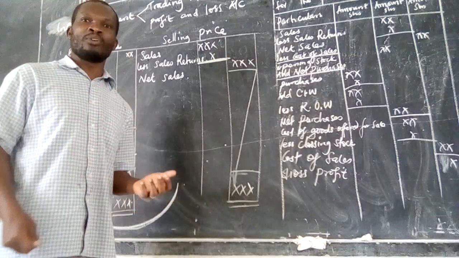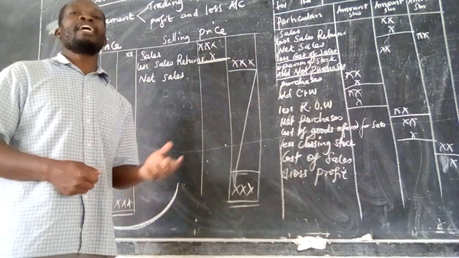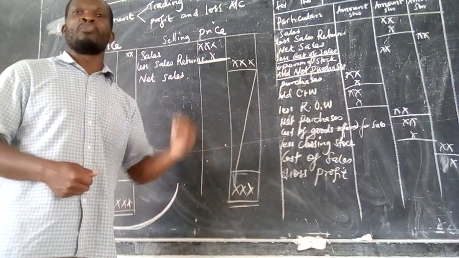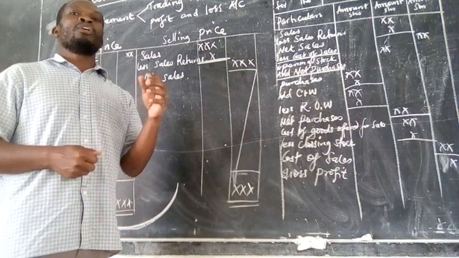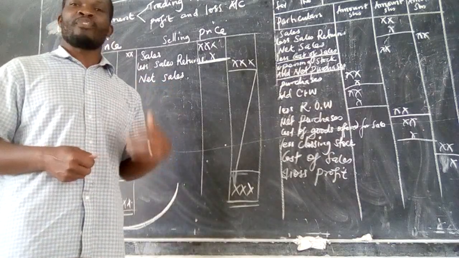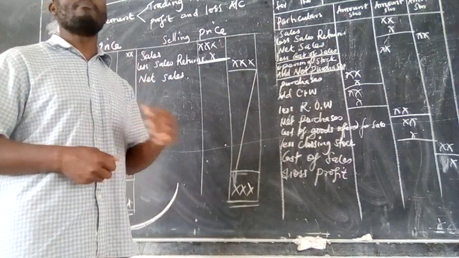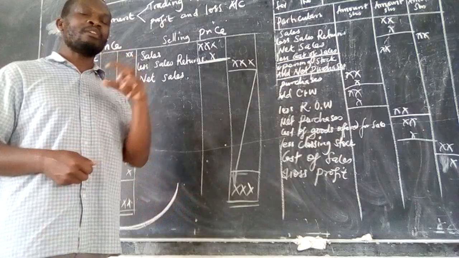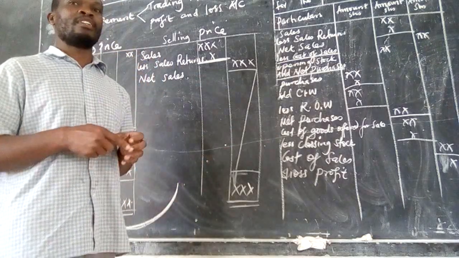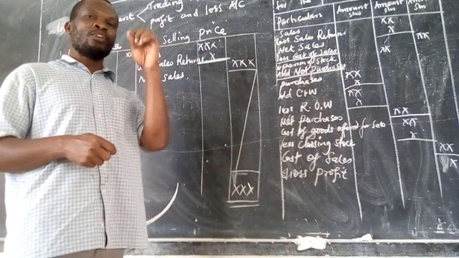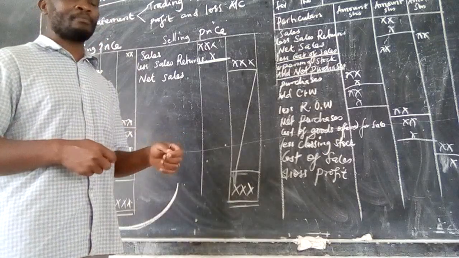Imagine a scenario where you're buying a pair of shoes for 20,000, and then you put in transport of 10,000, but you want to sell that particular shoe. If you sell it at 25,000 without including the transport, you'll be making losses. So it is important, before you sell, to find out how much money has been used in making that product. That's why we are saying you need to first add the purchases, then add the transport if it is there.